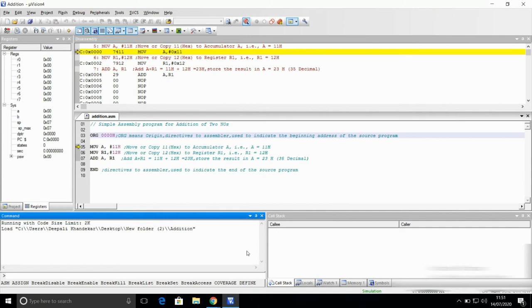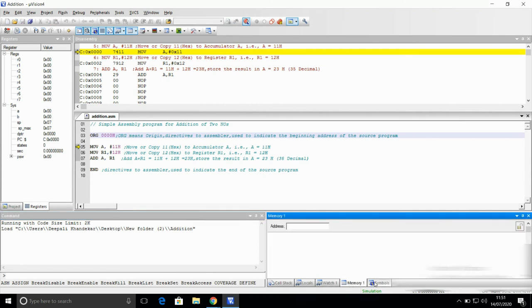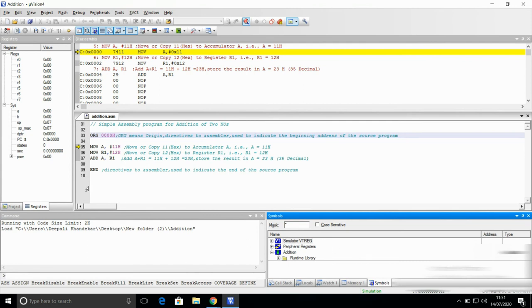It's the command window, and here we have memory window, symbols window, and so on. In the register window, we have a register bank from R0 to R7, then accumulator register, B register, stack pointer, DPTR, that is data pointer register, program counter, and then program status word.